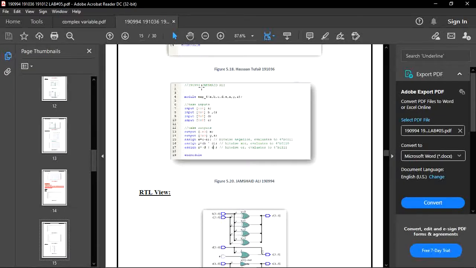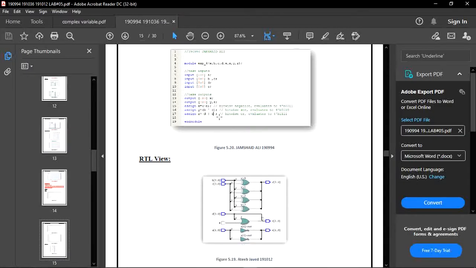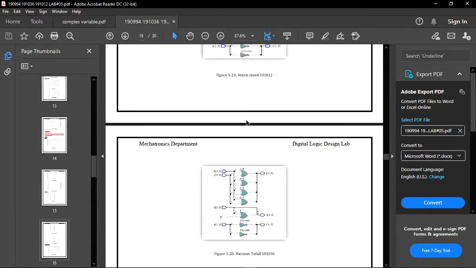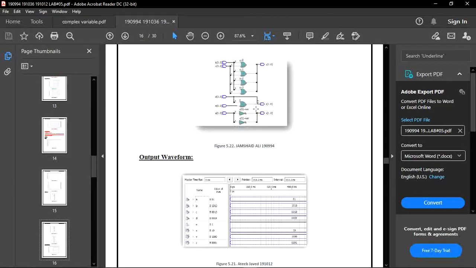And now after assigning all the conditions, we have to perform bitwise negation, which evaluates to 0010, then the bitwise XOR operation and the bitwise OR operation. By inputting these on our output waveform, we get all our required outputs. First of all, this is our RTL view of this circuit, which was performed by me.